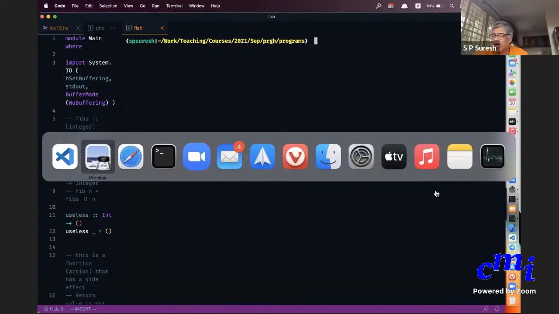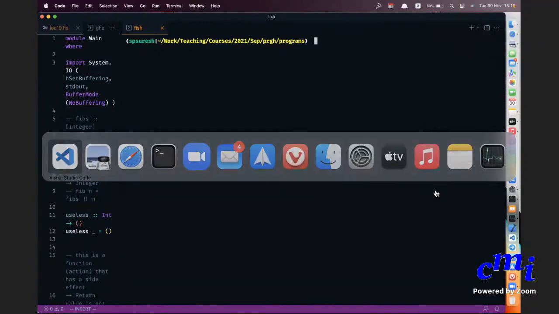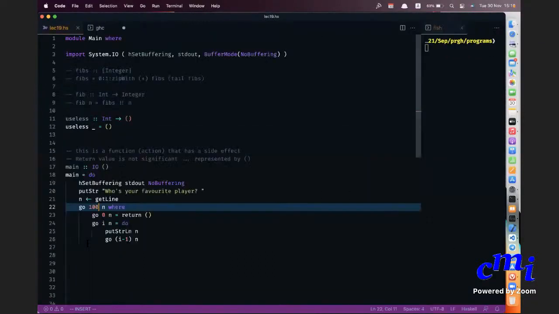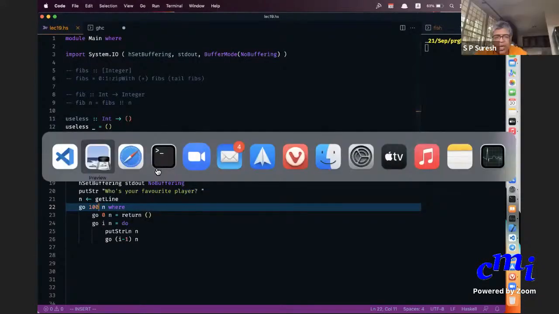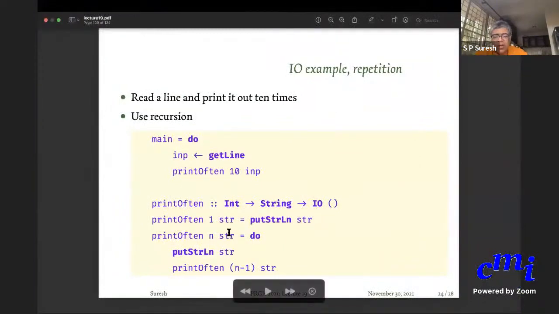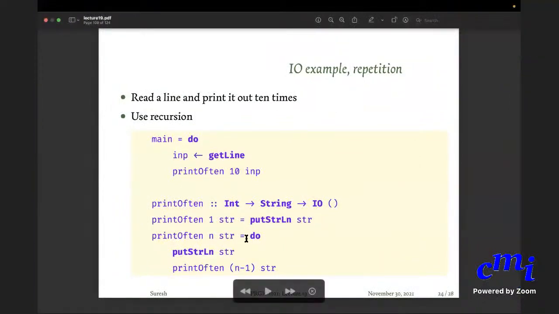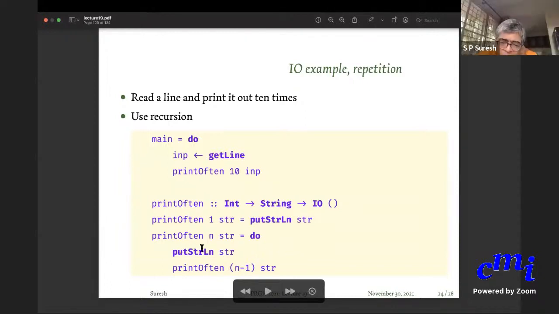Yeah, it has a side effect. The return type is unit, meaning there is no return value at all. Right. So like in the recursive case, a function is defined under a do, and under the do there's a putStrLn and a recursion. Are you saying in the slides? Yes, in the slides. So if we wanted, we could have multiple putStrLn lines or something like that. Yeah, you can have multiple putStrLn lines.